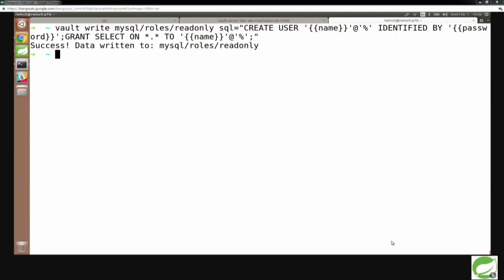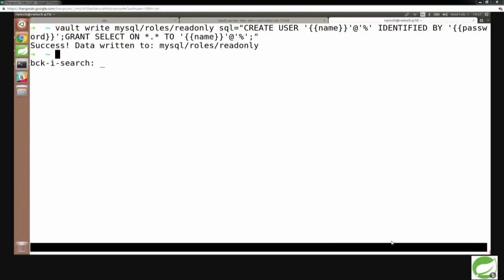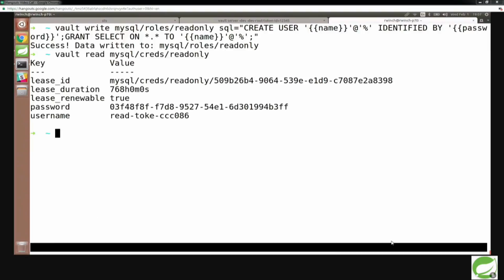So now that I've done that, and obviously you can modify this however you see fit. This is just one example, so you could change it to be whatever you want. So now what I'm going to do is I'm going to read from Vault. I know you Rust guys are going to be like, read from it? You just created a password. What the heck? I don't know. I don't make the rules here. But you're going to read from it. And when you read from the read-only group, it's going to give you a username and a password that you can use to log into MySQL. So now I could say mysql -u